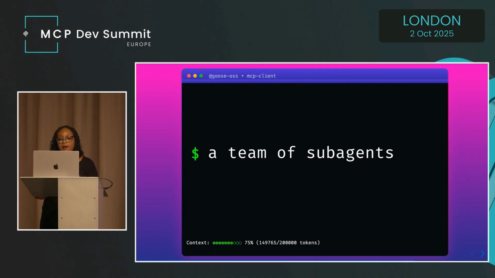So Goose can spin up multiple instances of itself as sub-agents and then have them help it on a larger task. And this can, of course, speed up the overall process and keep each sub-agent focused on a very specific thing so it doesn't go off the rails or muddy up the main chat thread. And that also helps with your context window because each of those sub-agents will have its own.